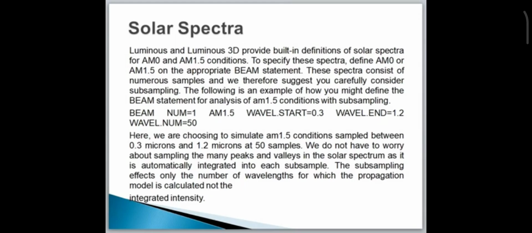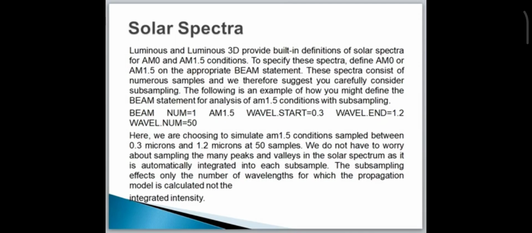In our code, I am using the AM node spectra statement. In this example, I have mentioned the AM1.5 spectra. Beam number 1, AM1.5 spectra, has the wavelength start at 0.3 and the wavelength end at 1.2, and the wavelength number is 50. Here we are choosing to simulate AM1.5 conditions sampled between 0.3 micron and 1.2 micron at